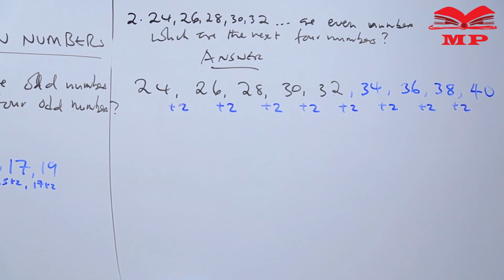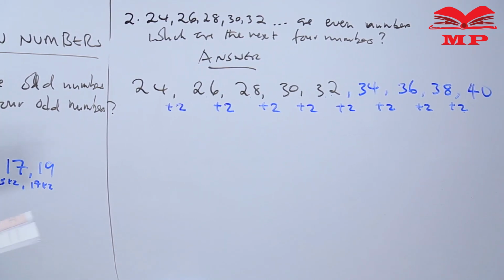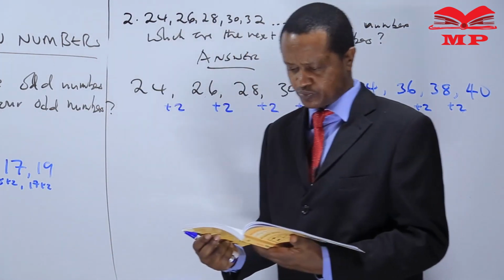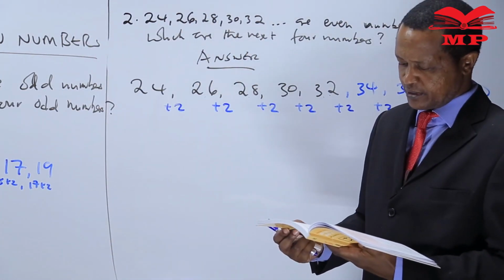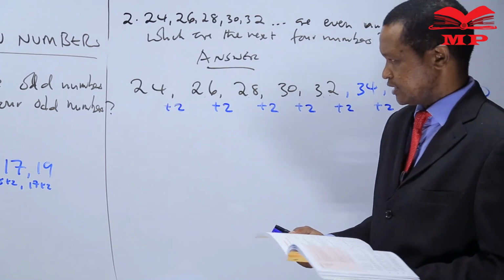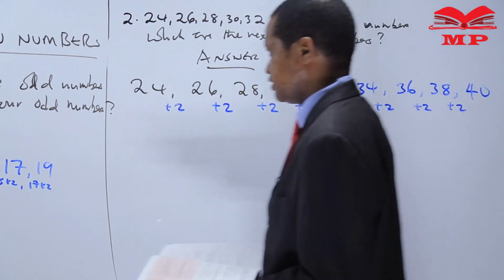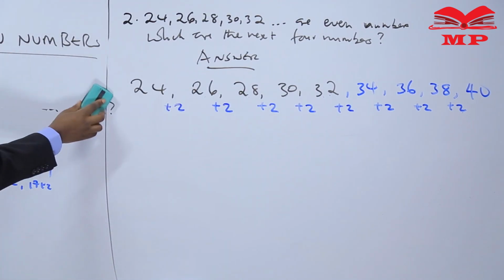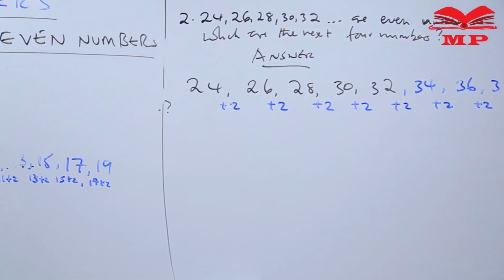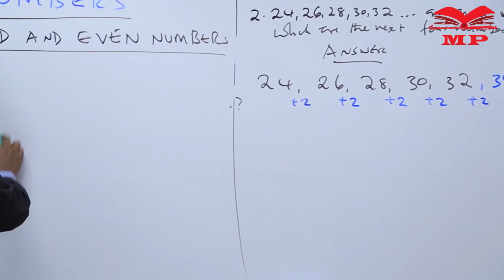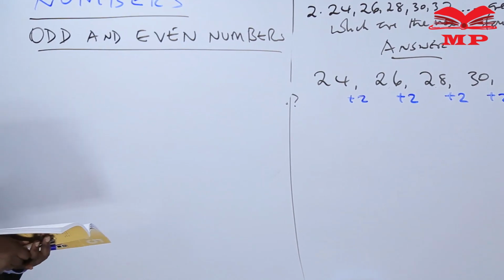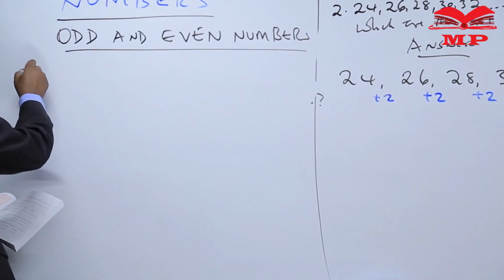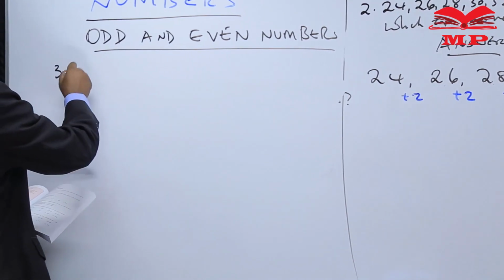Learners, we are revising. We are revising from your book, and now I'm moving to number 3. Let me rub this side. Number 3. Mathematics is a subject of numbers. Number 3 here reads as follows: